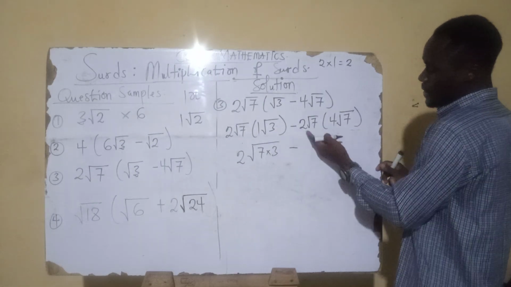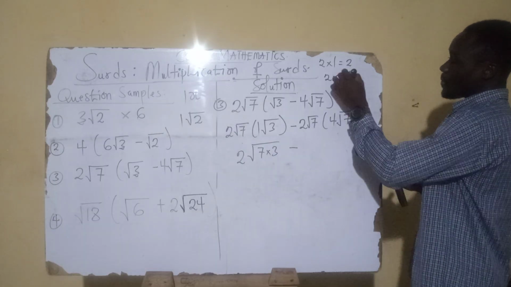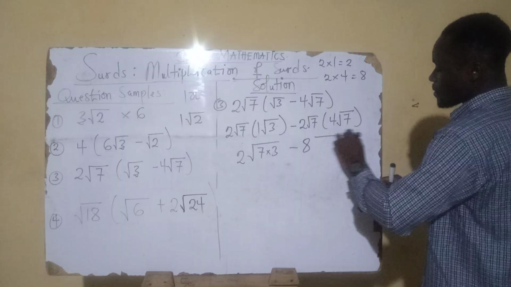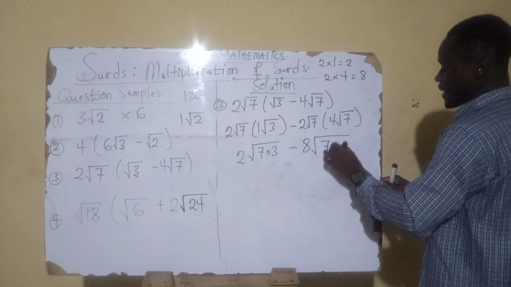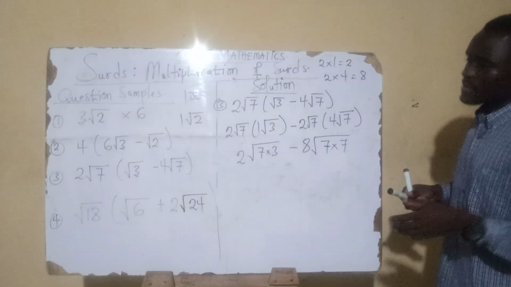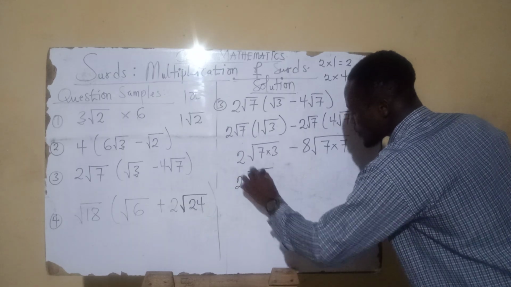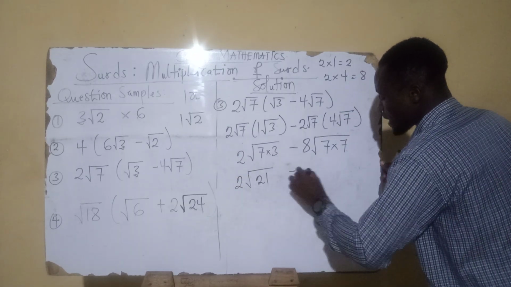So minus, here too the whole numbers will multiply. So I have 2 multiplying the whole number, which is 4, giving me what? 8. Here I'm getting negative 8 root of this will multiply that. So I'm getting 7 times what? 7. Are you following? Very good. So let's continue. Now here I have 2 root of 7 times that. I'm going to get what? 21 minus,